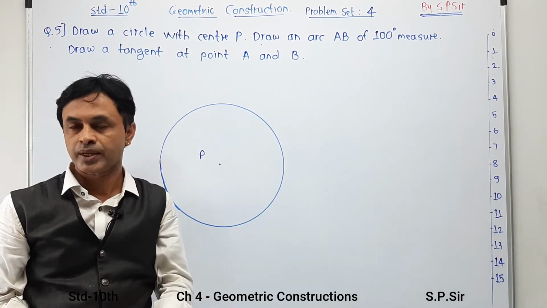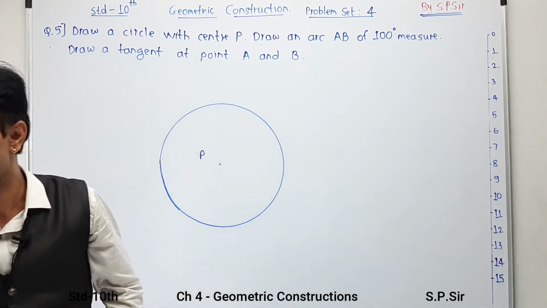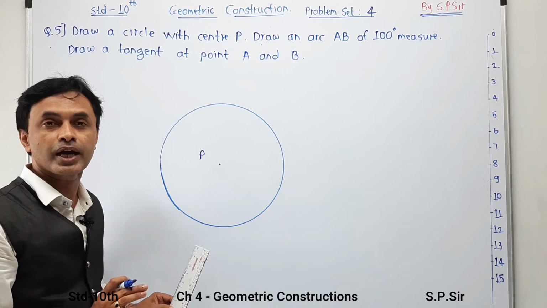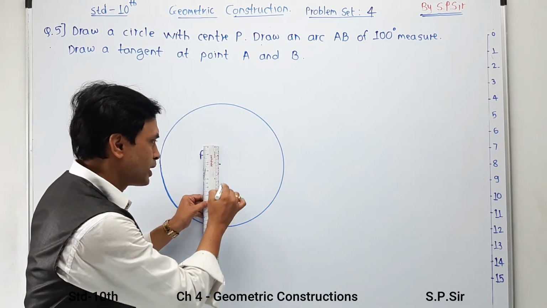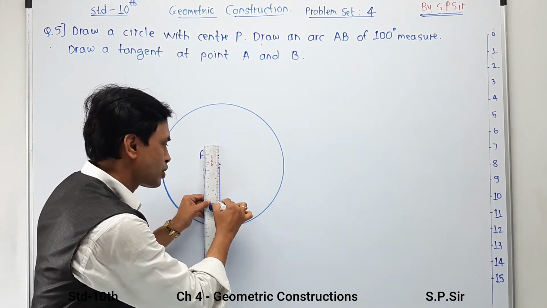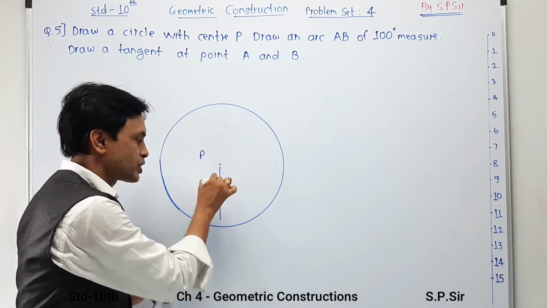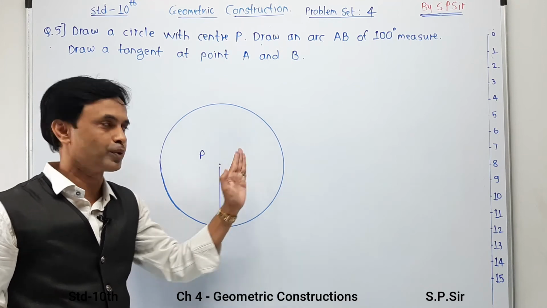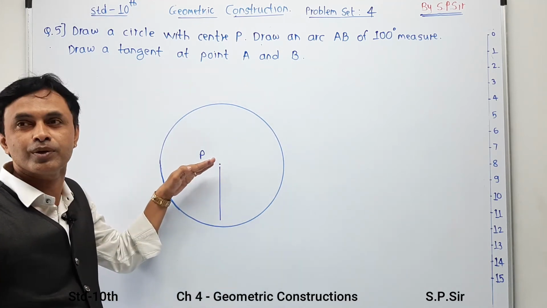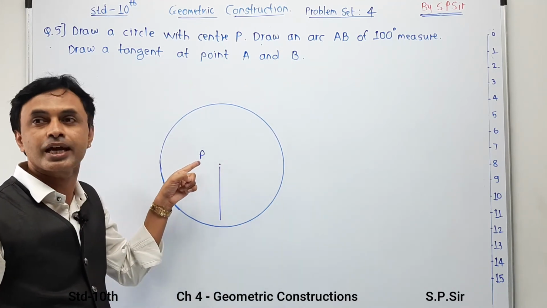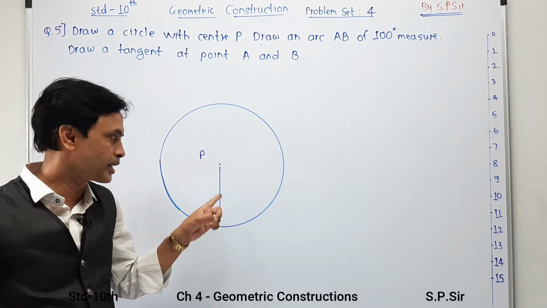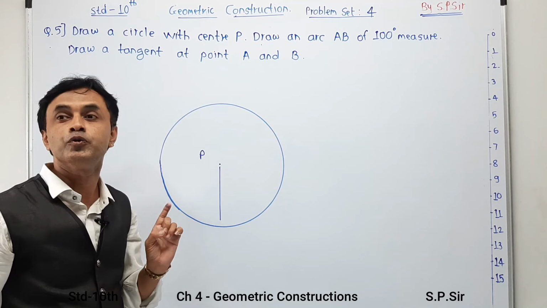Method number 2. This is called a tricky method, or part of a trick I am going to give you. You can do also one favor. If you want your diagram in symmetry, first do a little favor: draw a plain horizontal line over here and don't touch it at center or radius. And you take half portion of 50 degree over here and half portion of 50 degree over here. Automatically that central angle becomes 100 degree, and after that remove this line. It is a small technique, so draw this line very faint.